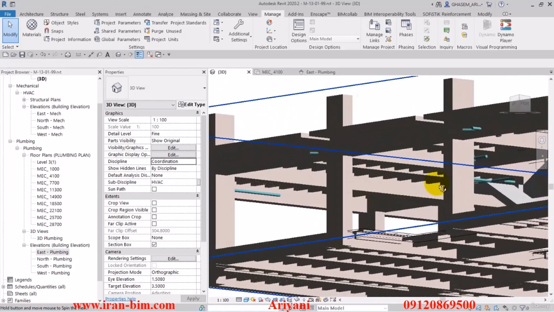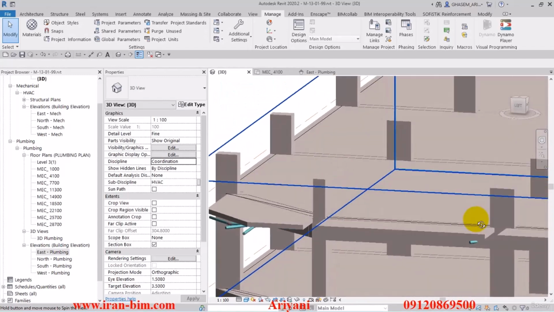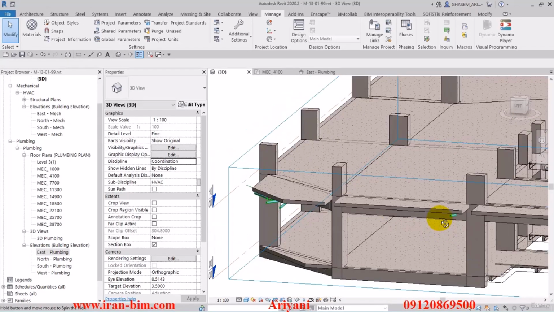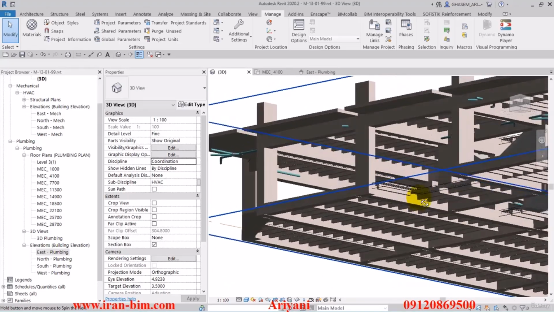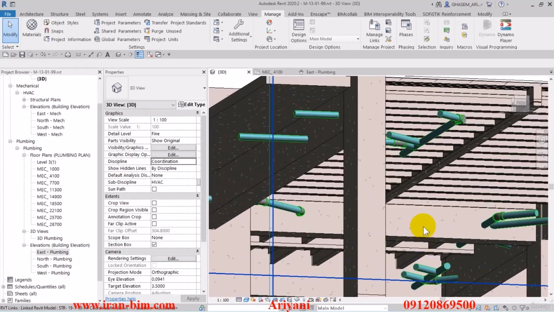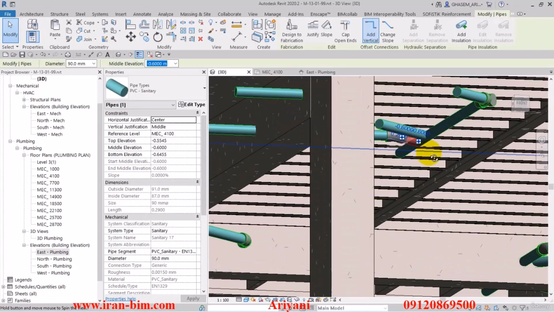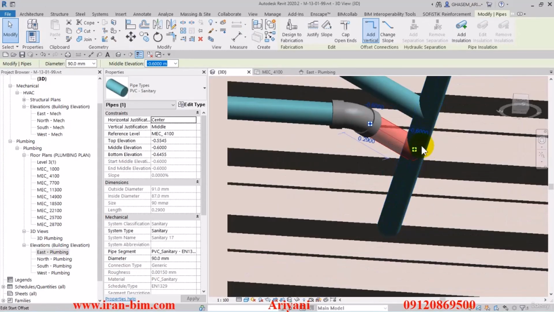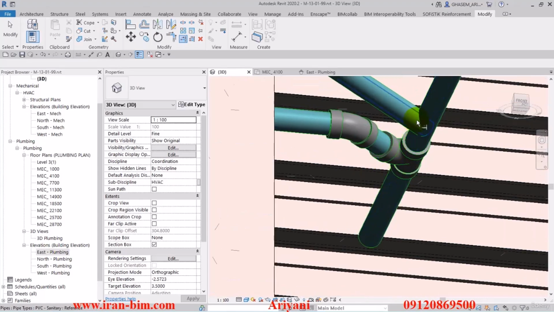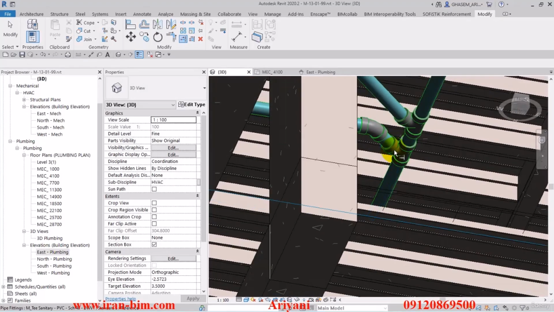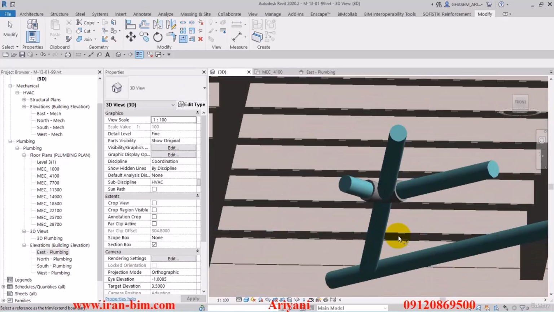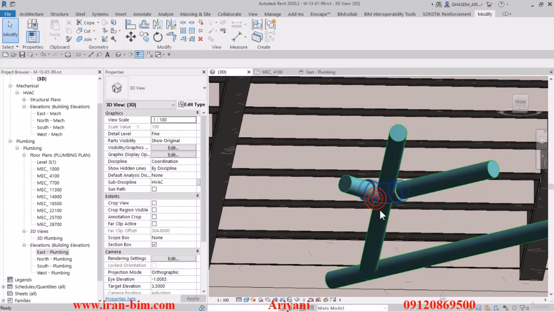Now I'll rotate the plan to get a better look at it and see exactly what we want to find. Now it makes your decision makings a lot easier about where there may be faults in the plan and there need to be revisions. Like this right here where we said the branch couldn't actually fit. Now I can actually use the trim tool to trim these two pipes together and these two as well to see what happens. Now this was okay for now, but if you actually go somewhere where the limitations might be